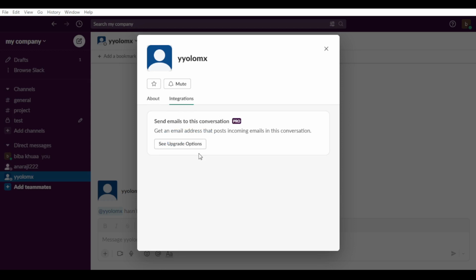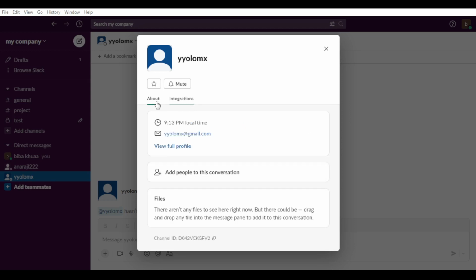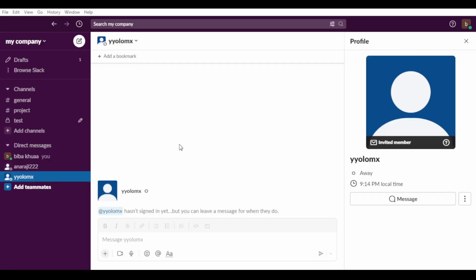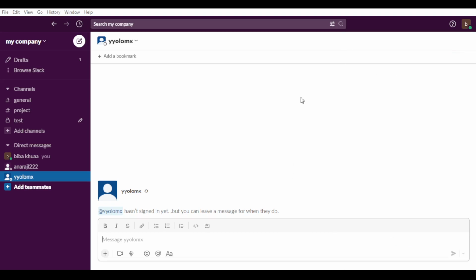If you have a pro or premium plan, you will be able to send this to conversations. Of course, just go and click on view profile. Here you will find you can message him. You can also copy the member ID, view files, or copy the display name. So as we said, let's say for example this user